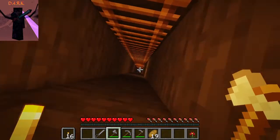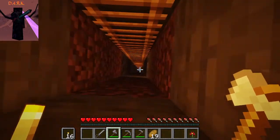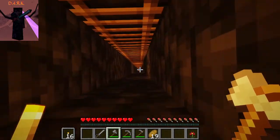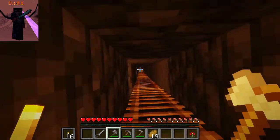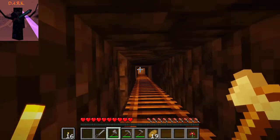Oh, that was a zombie, so we have those present. There must be a cave up there. Man, this is like going down or through a long tunnel. If I turn it like this, it looks like you're on a minecart. But it also looks like the torches are placed sideways, which is...